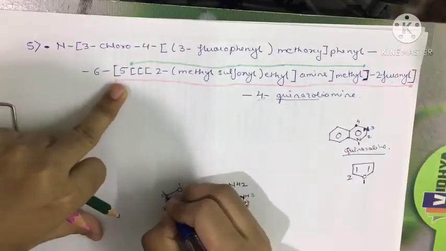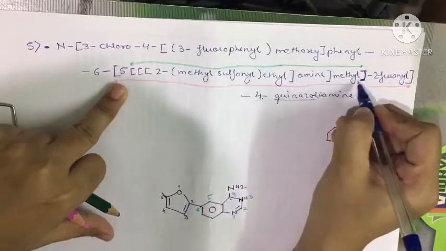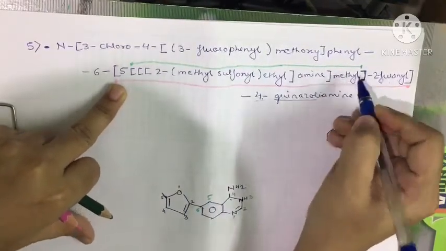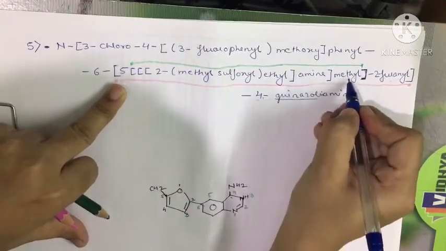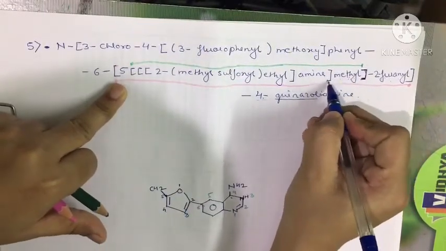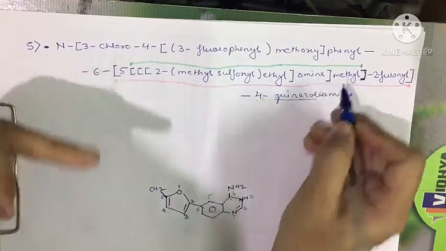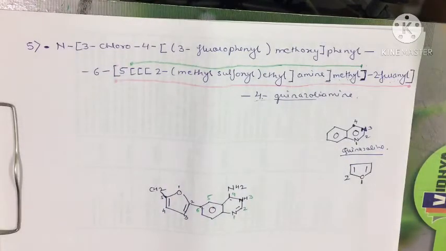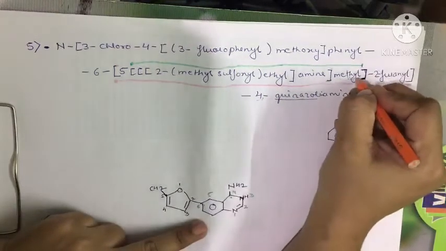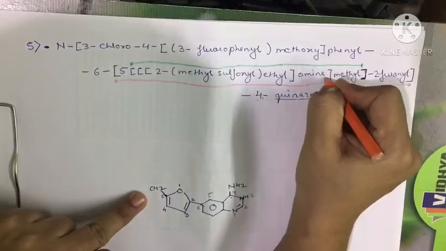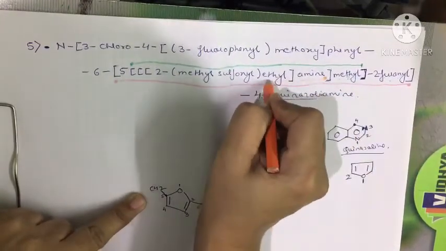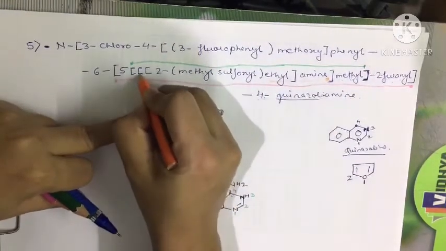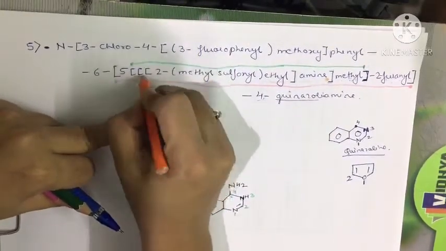The next substituent is present. What is the next substituent? The green bracket, we are having methyl. So I will try to write down the CH2. Then methyl is connected to another one more square bracket. So we will write down this square bracket, which starts from here in yellow and it moves to this part.